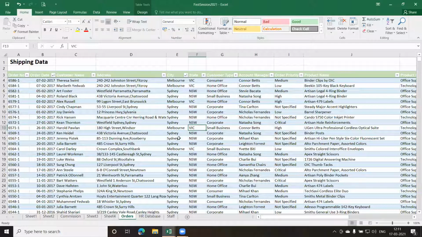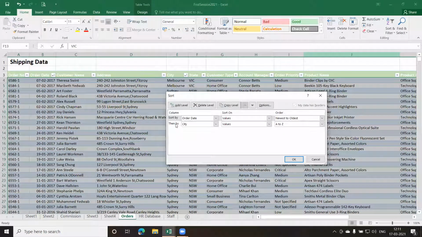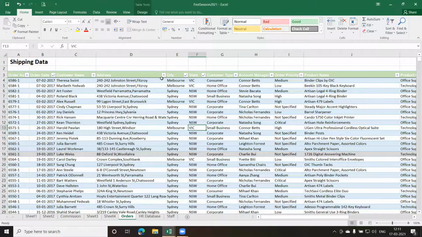And there's no limit. If you want, you can sort as per 3, 4, 5, whatever number of columns you want. Whenever you want to remove the sorting, you can always go here and just remove it by deleting a particular sort. Let us say add one more, and this I want to change. This I want, let us say, as state, and click on OK. So I have the third one also. So 1, 2, and 3. First it is going to sort the order date, second the state, and in the state it is going to sort the city. That will be the order in which it is going to sort.